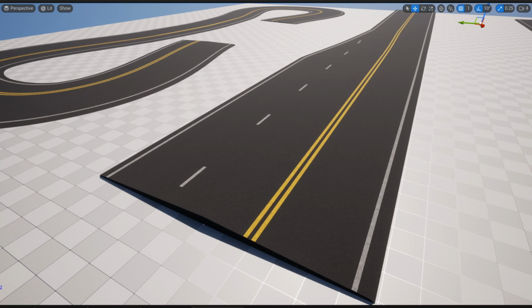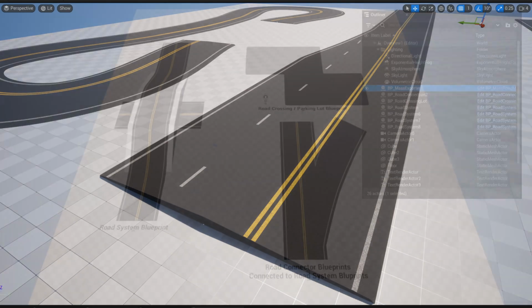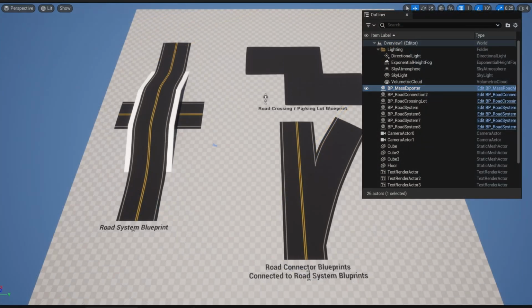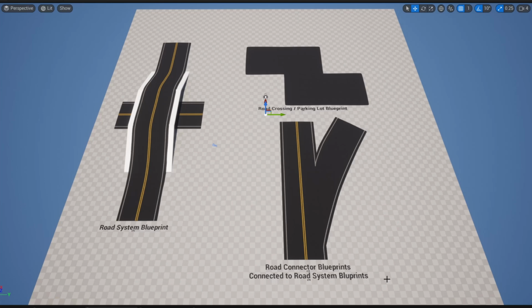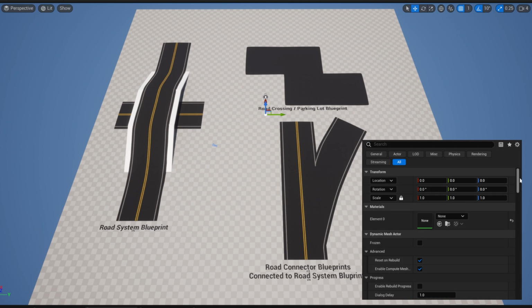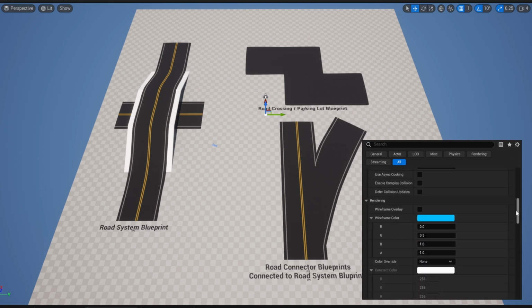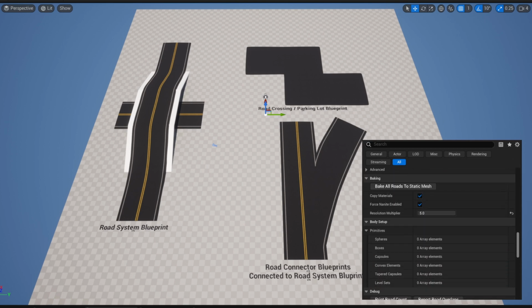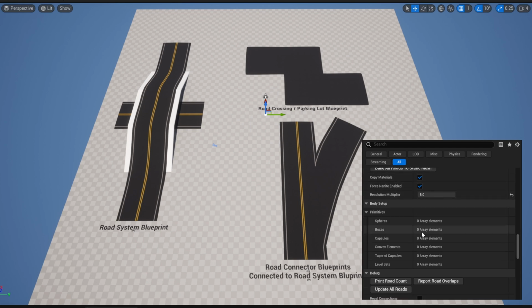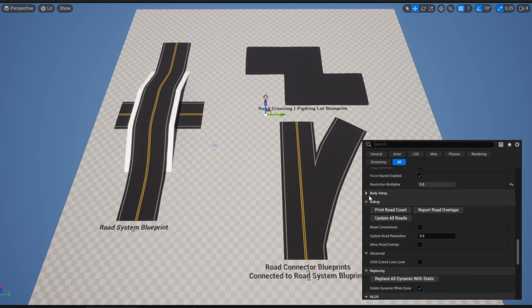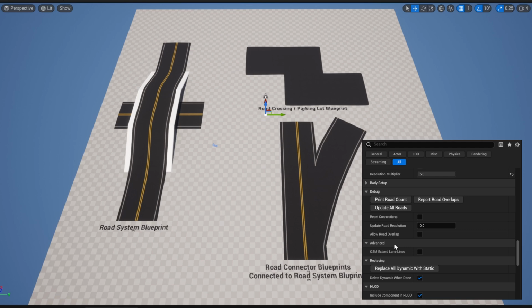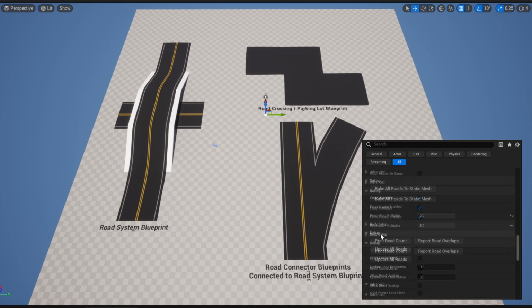I'm going to make a copy of the overview level to show this off. By default, I think I have this blueprint in the level already, but if you need one in a new level, it is in the same folder as all the other blueprints. If I click on the blueprint, there are a lot of standard categories, and I don't know why this blueprint is special, but all the categories I set up are in the middle of the detail categories. Not sure why, but I guess this is one of those things why Unreal still calls the geometry script plugin